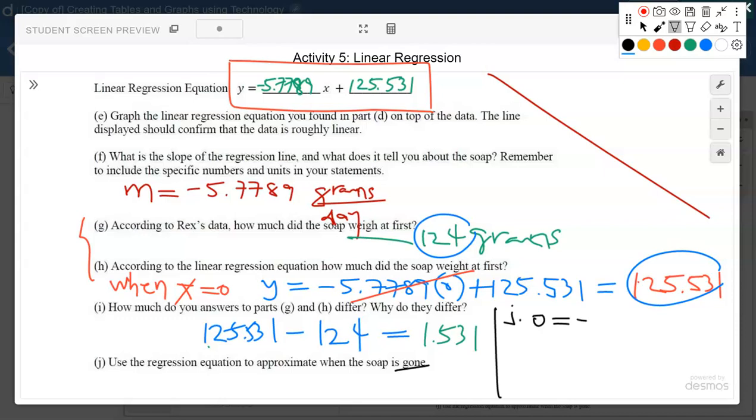So negative 5.7781 x plus 125.531. So if we subtract 125.531 from both sides,